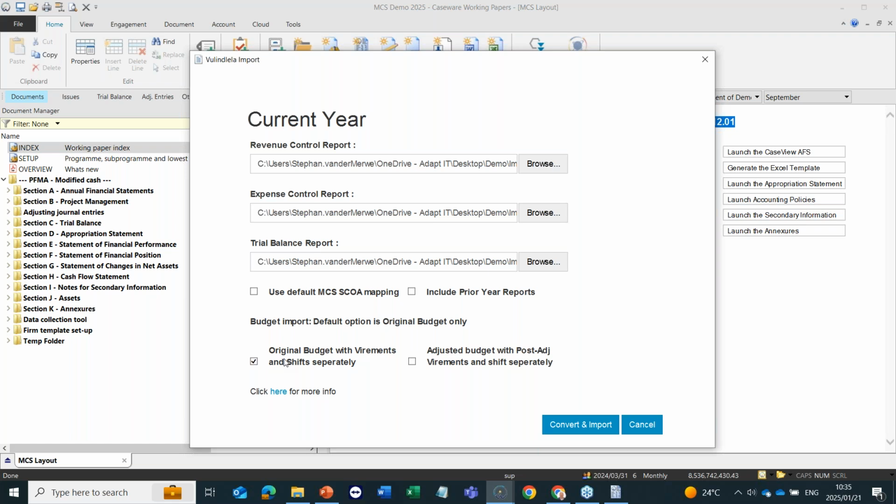Our understanding is that the original budget you really use up to maybe quarter one, and maybe up to quarter two, depending on your approvals, and you already start using the original budget with variance and shifts separately for quarter two. But then at the end of quarter two, your adjustments budget process occurs, and that is when you want to switch from your original budget to the adjustments budget to be